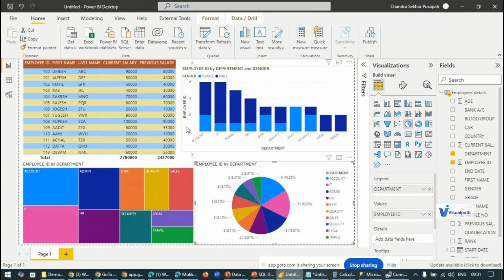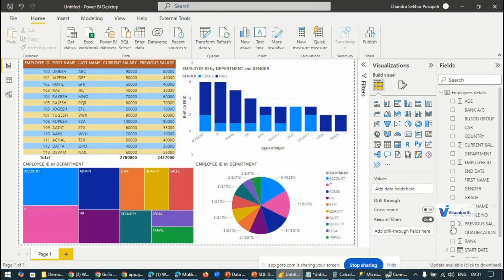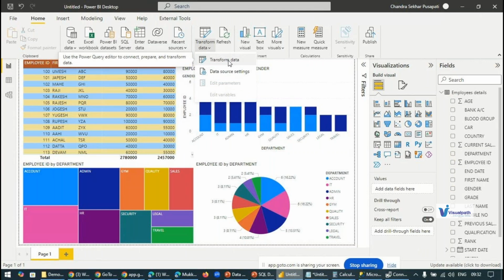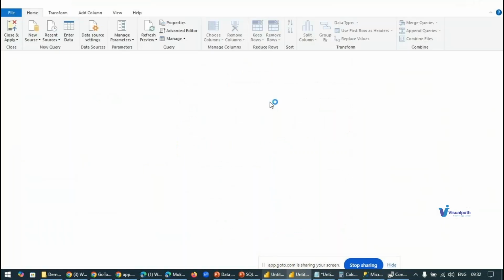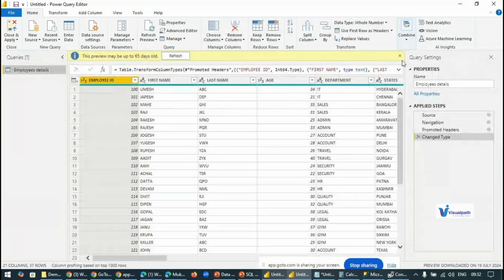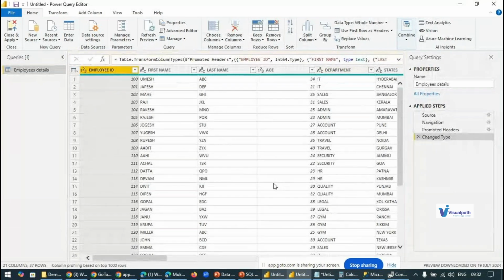So I told there is a Power Query editor, right, for editing the data. This is the Power BI main window. If you want to open the Power Query editor, click on Transform data. The purpose of the Power Query editor is that you can edit the data as per your project requirement. You need not write any program or any code. There are a lot of menu options which are useful for your data editing. Just by clicking the menu options, you can do the editing.